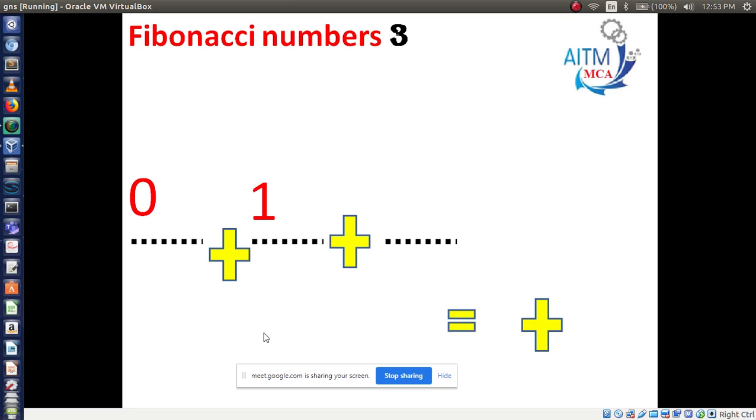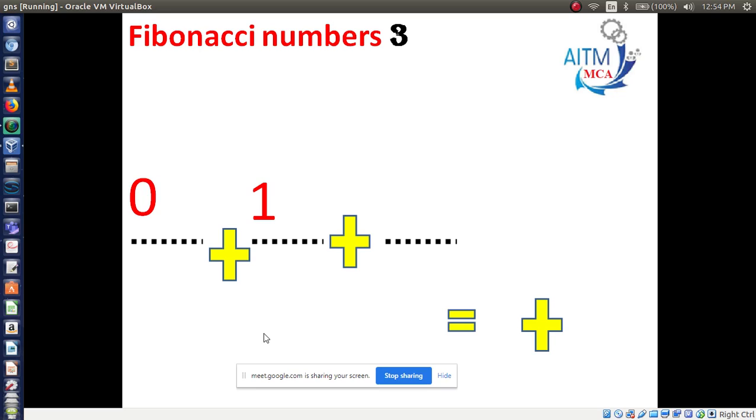Assume the first number is 0. It is compulsory, it's fixed. To generate the Fibonacci series, the first number is 0. Then the next number is 1. Now you have 2 numbers.